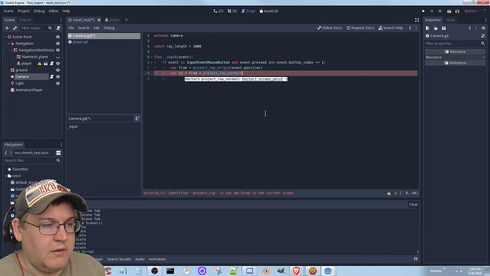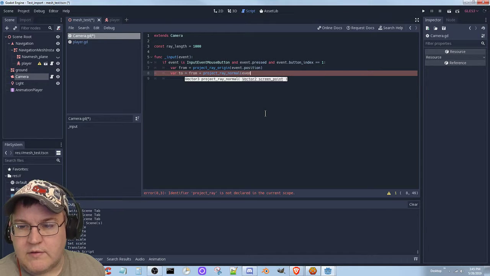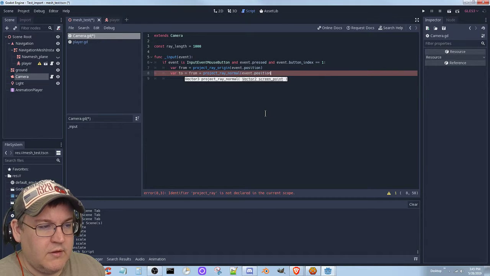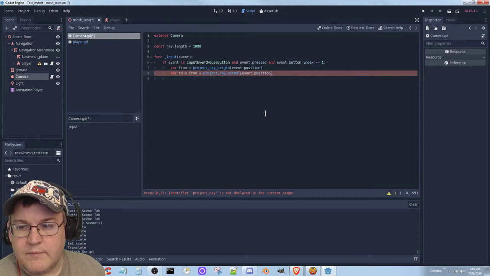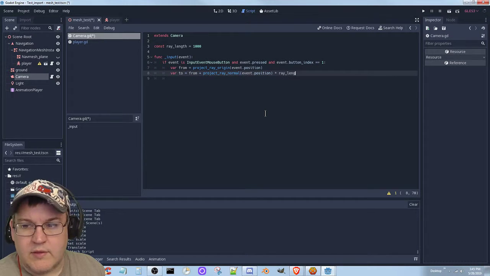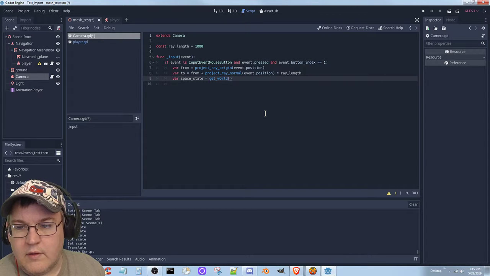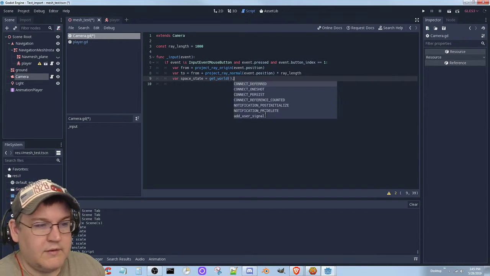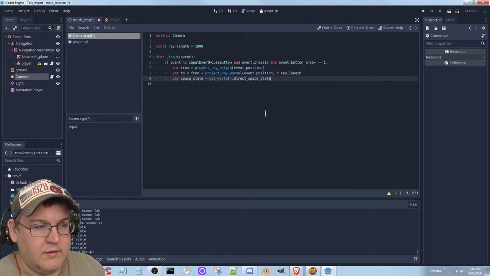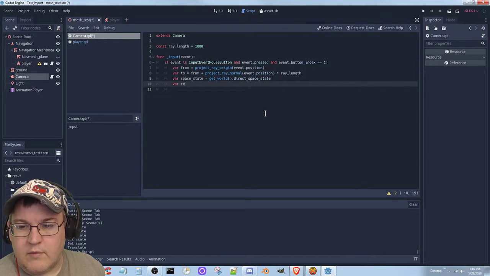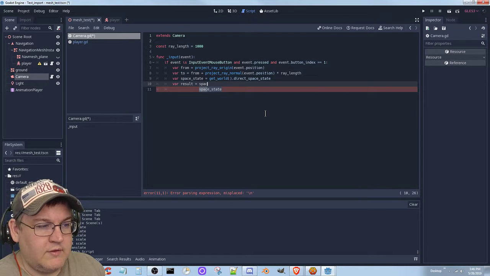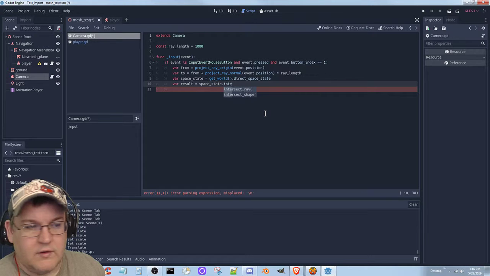Okay. Event dot position. Okay. Times ray length. var space state equals get world dot direct space state. var result equals space state dot intersect ray